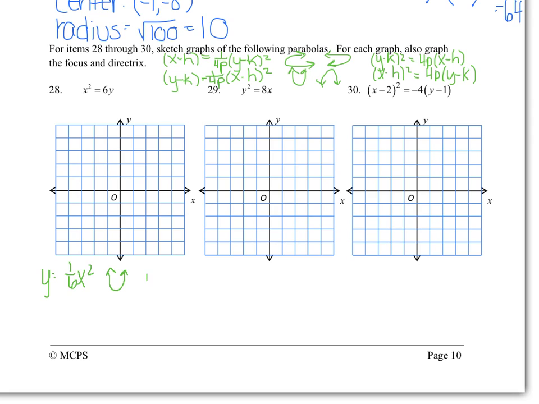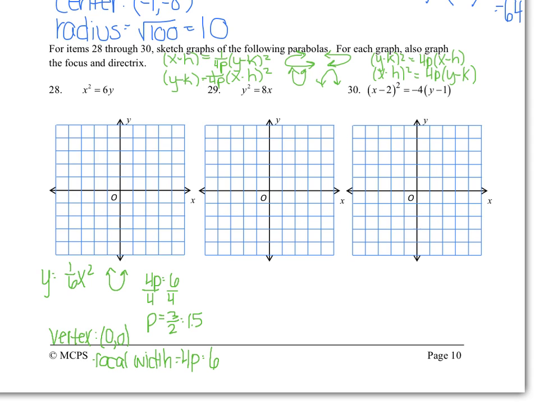And I also know that 4p is going to equal 6. So if I divide both sides by 4, p is going to equal 3/2, which is 1.5. My vertex is going to be 0, 0, because that's what h, k is. And my focal width is 4p,